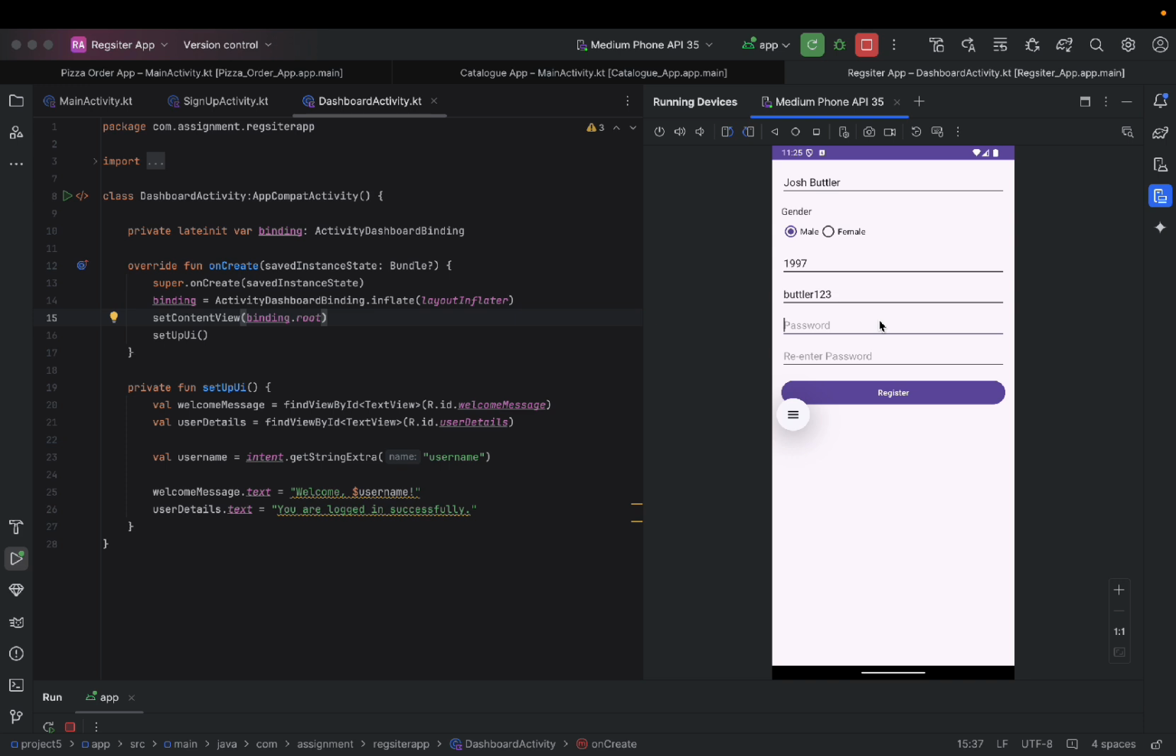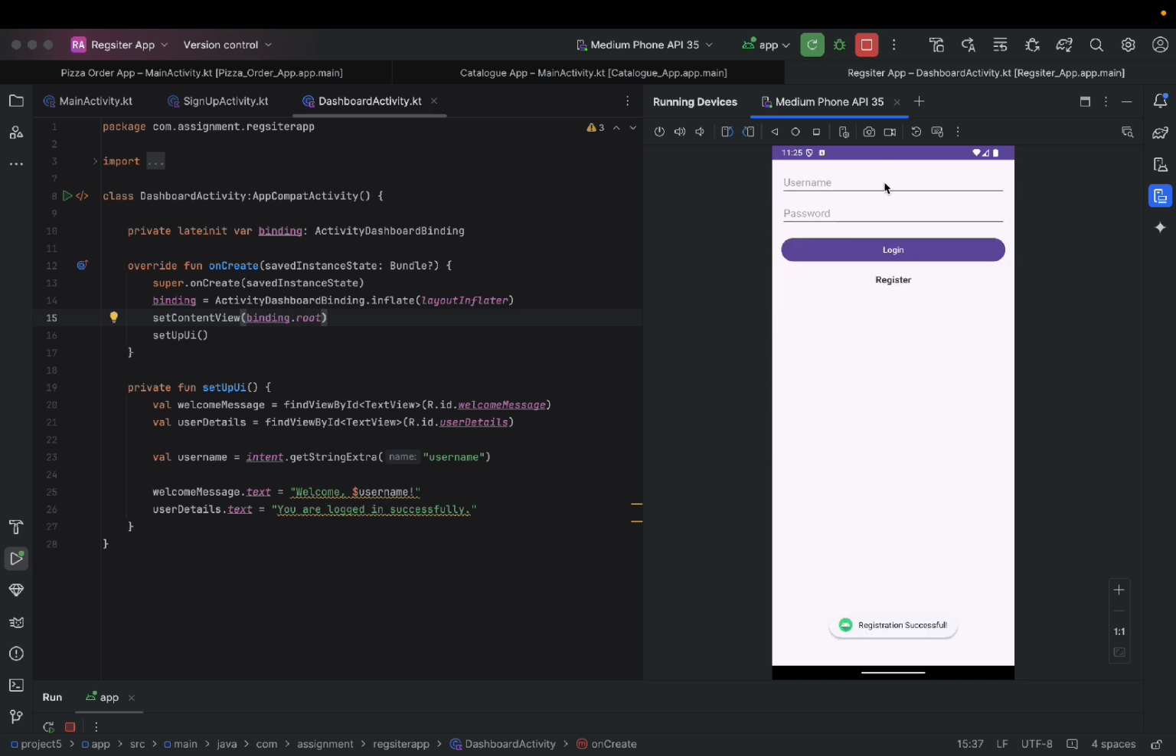If I write 123456 and here butler and register, it should show error. Password do not match. Now I'll write 123456, and if I register, it should redirect me to the login page. Yes, it did. Now let's log in using that credential